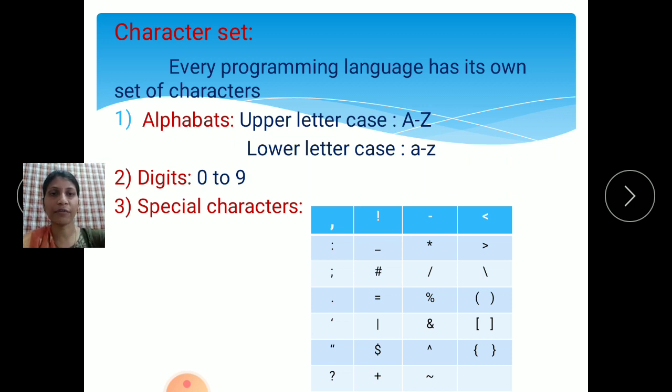Then the plus symbol. If you want to write the addition formula in your program, use the plus for adding two numbers. This is the addition sign. Then this is the subtraction sign. Then the multiplication sign, and the division sign. Then this is modulus, the percent symbol. If you want to declare any percentage, we will use this percent, or if you want to write modulus, we will use this sign.